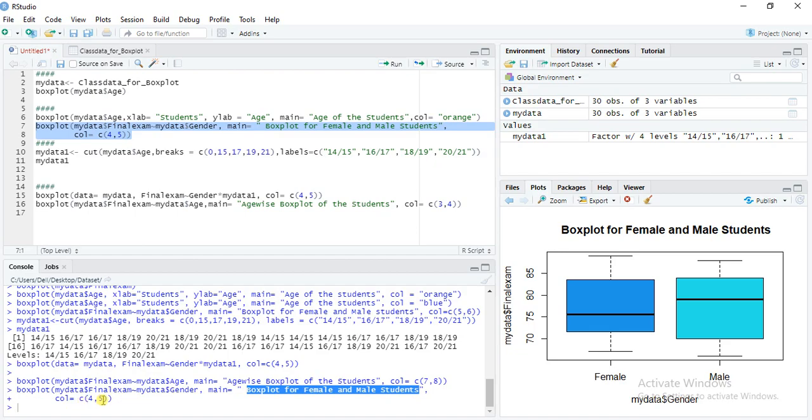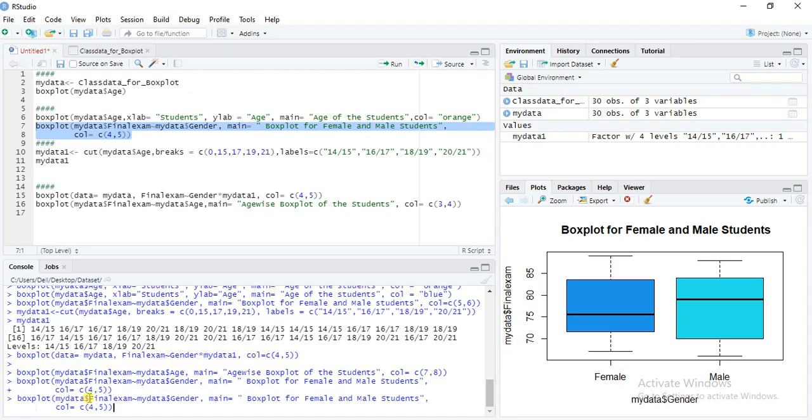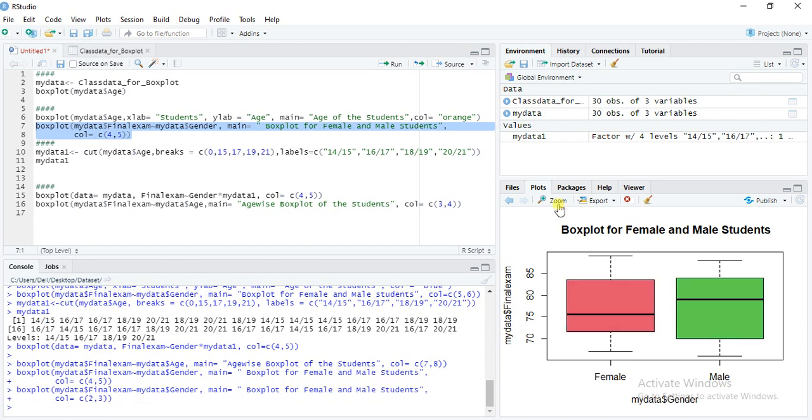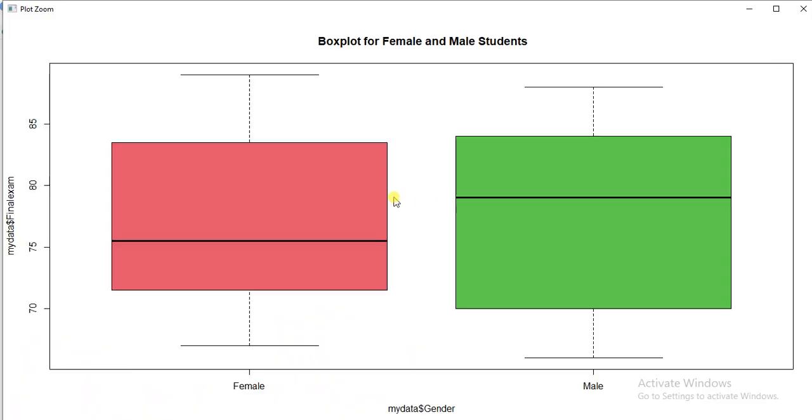Then the color scheme also we can change. Here we have written 4, 5, so we can give 3, 4, or 2, 3. So we can change the color scheme of the data. Now we can see our graph here, the box plot for female students and male students.